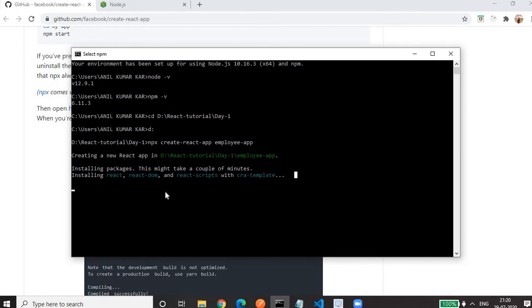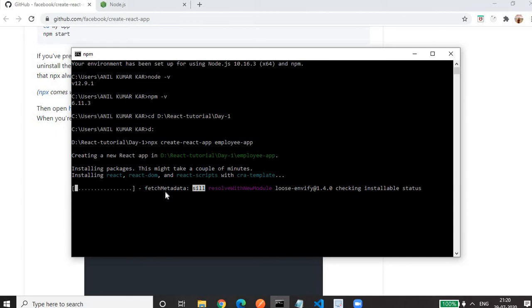So where we are, okay. So in React.js, actually React.js is a component-based language. So everything in React.js is based on components. Okay. So see, it is installing the packages. If it doesn't install, just press enter. I have pressed enter, that's why it started installing. Okay, if it does not install automatically, just press enter.